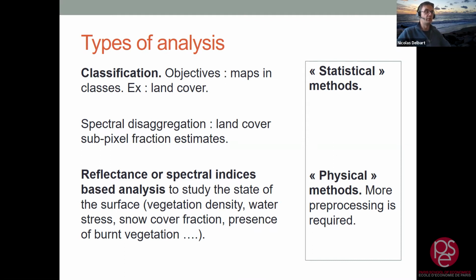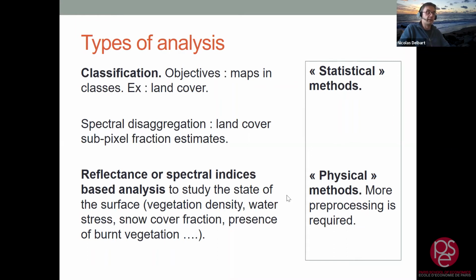And so in order to present that, from classification to reflectance or spectral indices-based analysis, I will first introduce classification as a sort of statistical method, whose objective is to make maps, in fact, to classify the land cover, for example. We already have seen enough physical basis to do it. And then what we have to see is how to use this data, which are numbers, basically. So what I call here a statistical method.